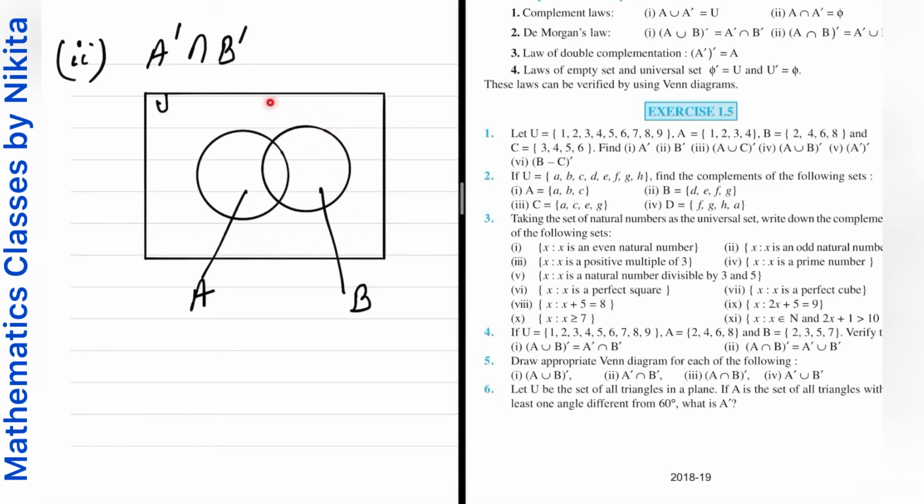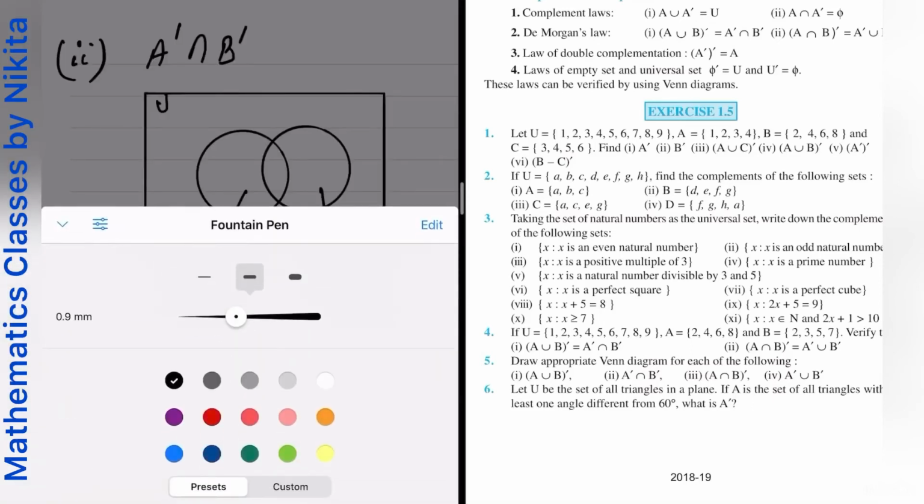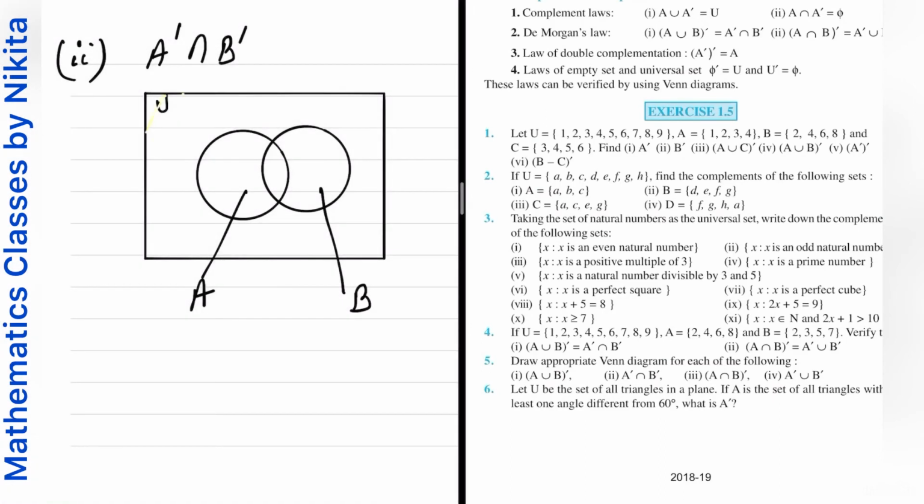ठीक है, तो इसमें B के elements तो आ जाएंगे बट नॉट, मैं आपको इसके अंदर पहले खाली A complement बना के दिखाती हूँ. ठीक है, so that the things are easy for you. So A complement will be, so you don't have to take the elements of A, take all other elements. So this is your A complement. All I have shaded in yellow. So the shading in yellow is A complement.